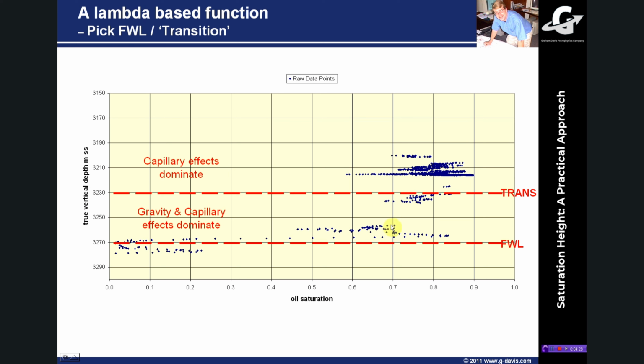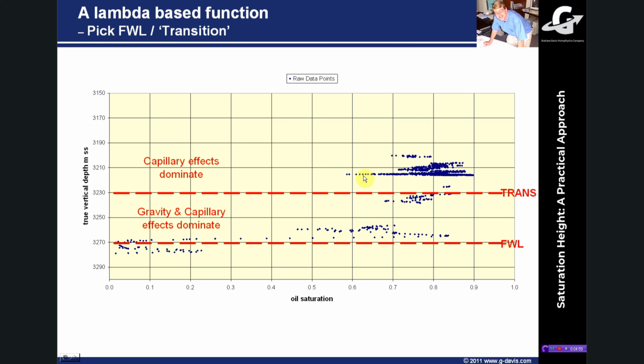The thing that controls the saturation here is gravity, both gravity and capillary pressure effects. Well above the transition zone, above any gravity effects, the control on oil saturation should be dominated by capillary forces, i.e. rock quality. So up here, above the transition zone, the reason that this is good oil saturation is most likely because it's good rock quality, and the reason that this is poor saturation is because it's likely to be